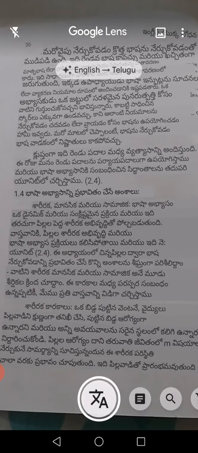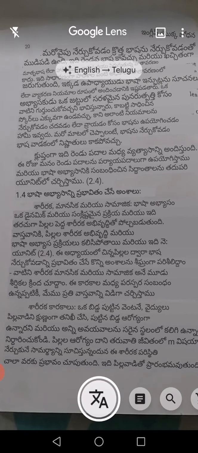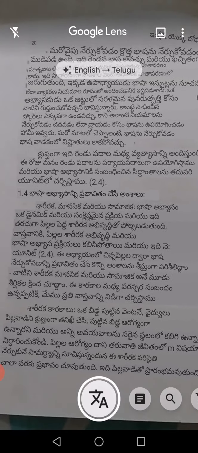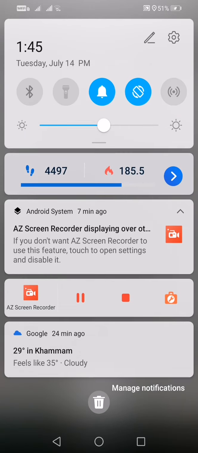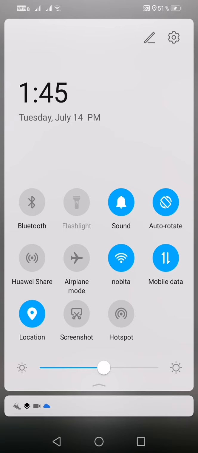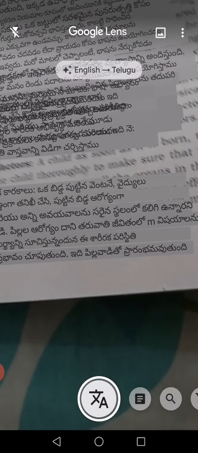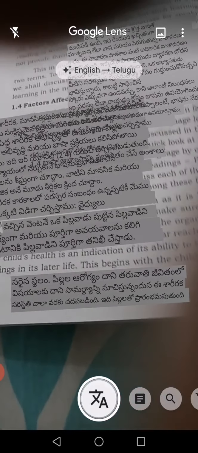Let's take once again. Let's focus it very clearly. I have to pull this notification panel and take one screenshot. I have taken the screenshot.